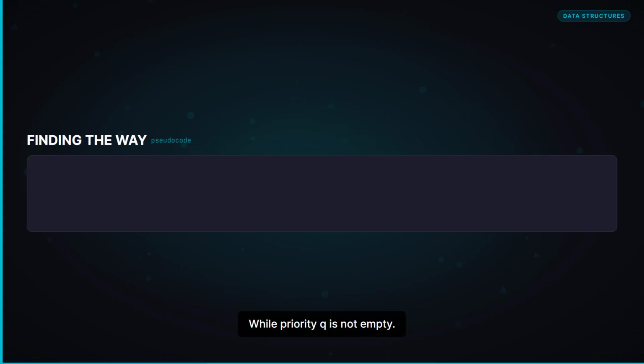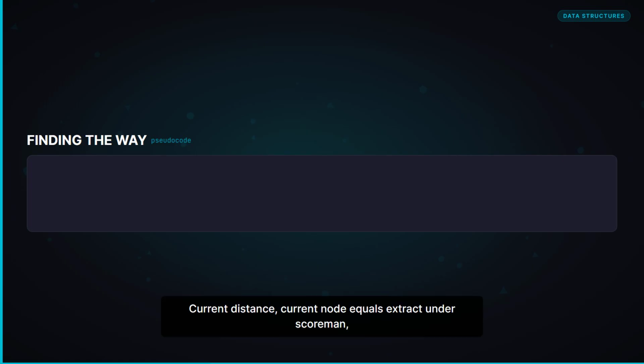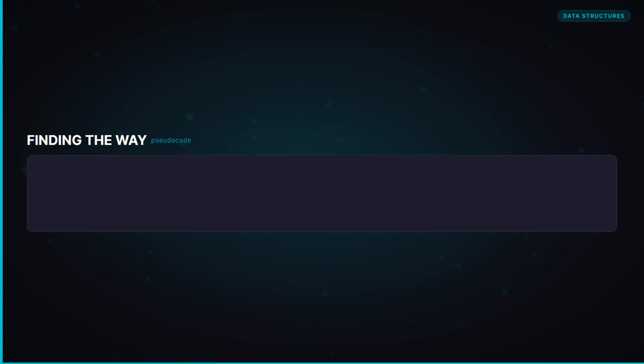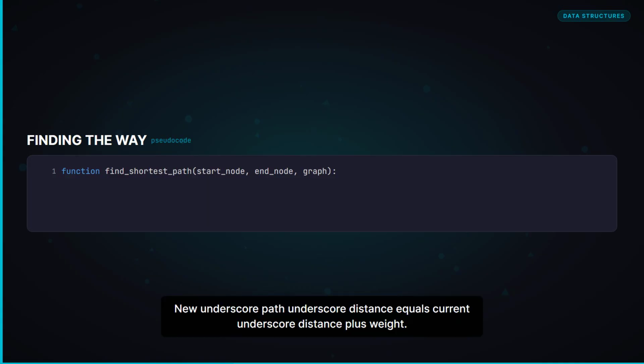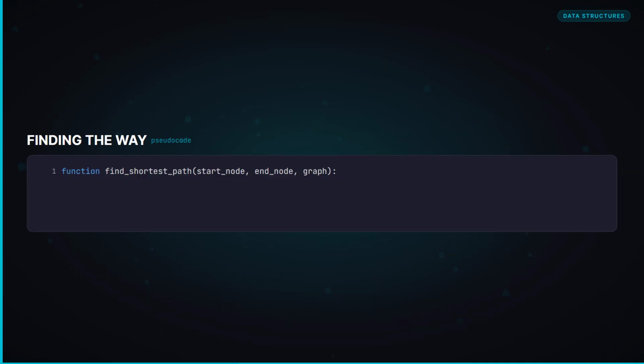While priority_q is not empty: current_distance, current_node = extract_min(priority_q). If current_distance > distances[current_node]: continue. For neighbor in graph.neighbors(current_node): weight = graph.edge_weight(current_node, neighbor); new_path_distance = current_distance + weight.